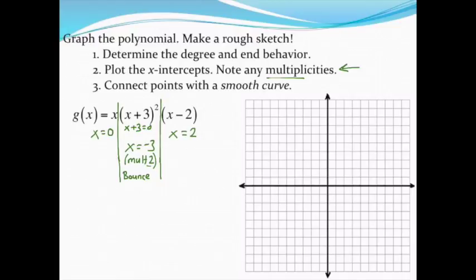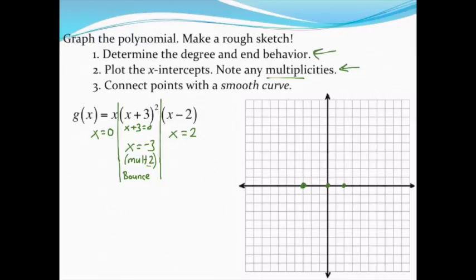So let's go ahead and get these plotted, then talk about end behavior and see if we can get a good idea of roughly what this graph looks like. So I've got zeros at 0, so I'll put that point on my graph. I've got an x-intercept at -3, and that's the one that's going to bounce, so it's going to come through and bounce off like that. Or, I mean, it could even bounce that way, depending on how my end behavior is shaping up. And then I've got a zero at 2, so I've got those 3 spots where my graph will hit the x-axis. Those are the only points I'm going to plot,